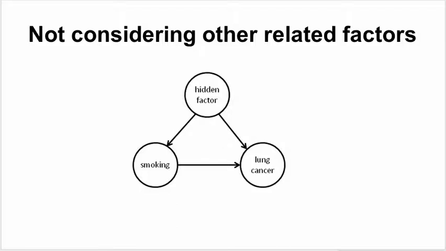So just because there's a pretty good argument for one thing to cause the other, it doesn't mean you should stop looking for another hidden factor or something else that might influence it. It's still difficult to say what the relationship is between hidden factors in smoking and lung cancer, although it's very clear because of many research studies that smoking does have a role in causing lung cancer. So you want to make sure that you're not leaving out other related factors. And this really goes back to correlation does not imply causation.